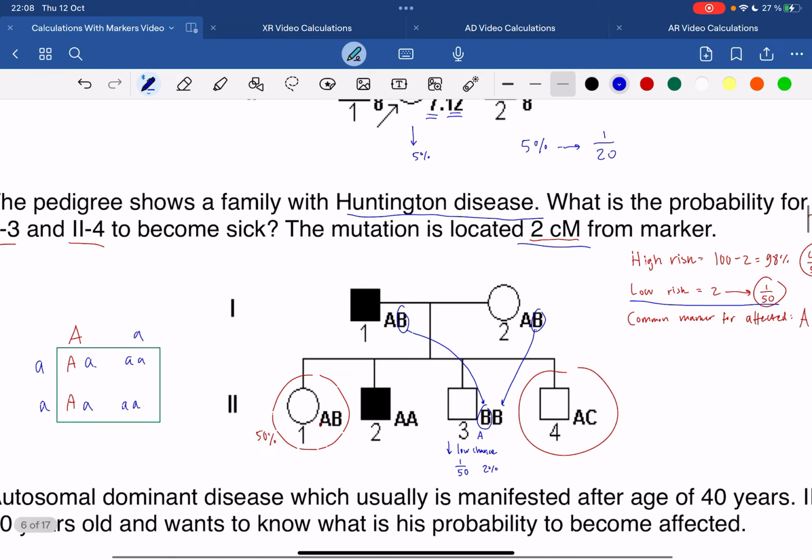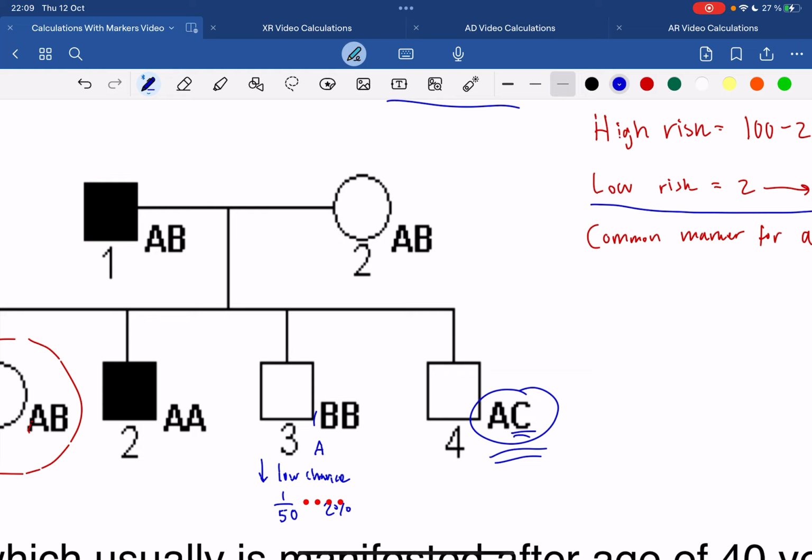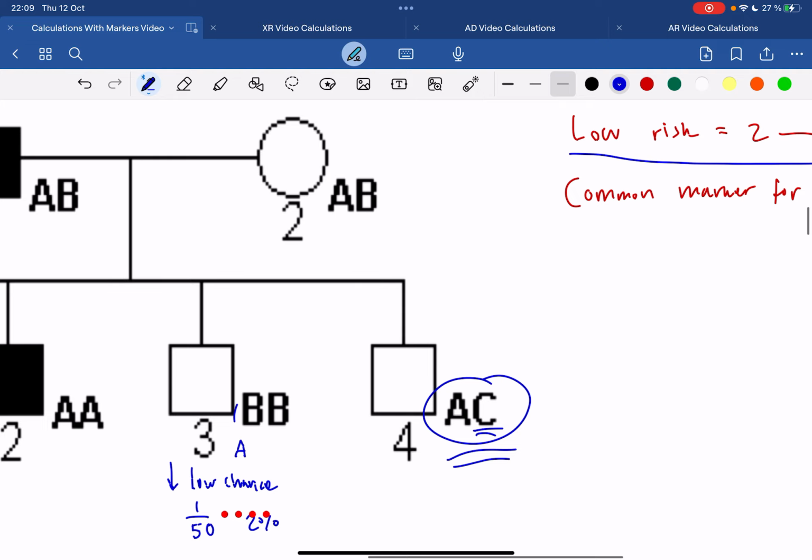Now for the AC right here, oh, I remember this. This is a very funny type of question. Where did this C come from? You can assume immediately, actually, some very bright students in our class assumed that this was some sort of de novo mutation, meaning that maybe this B right here turns into a C, right? So some sort of de novo mutation occurred here, which is a very, very smart thing to think of, but most probably in real life examples, we're dealing with some sort of